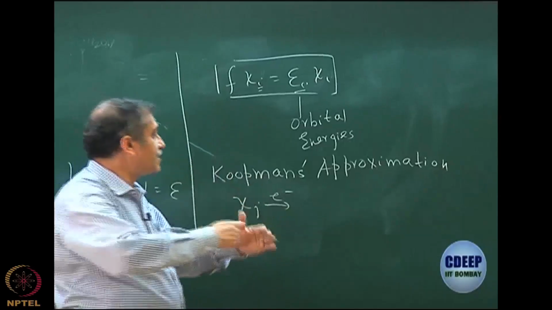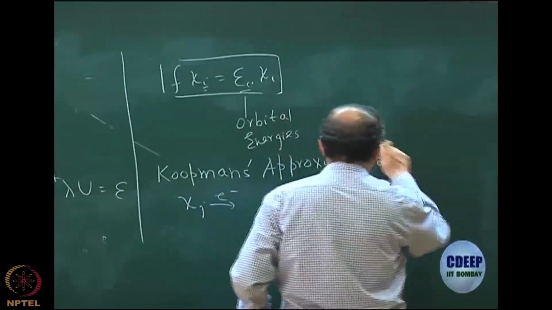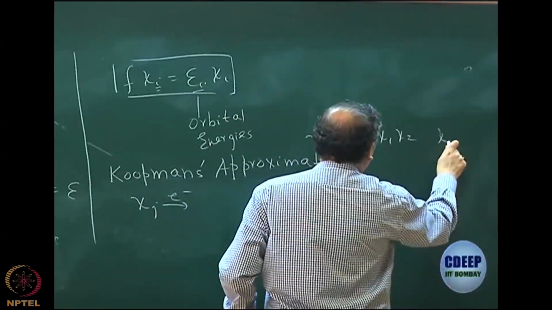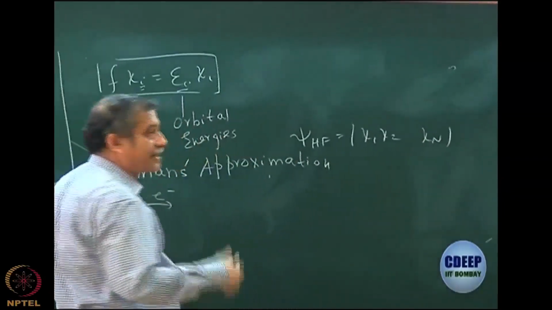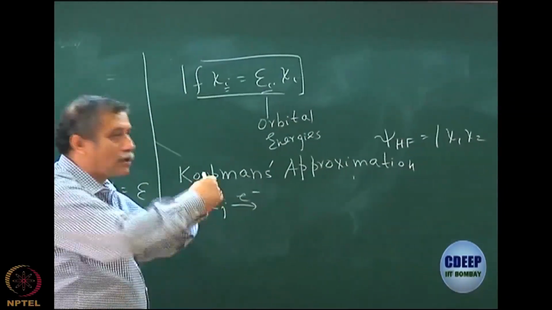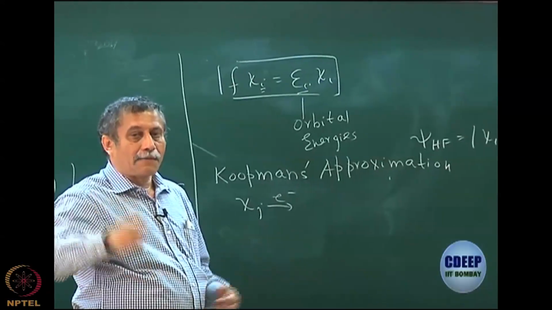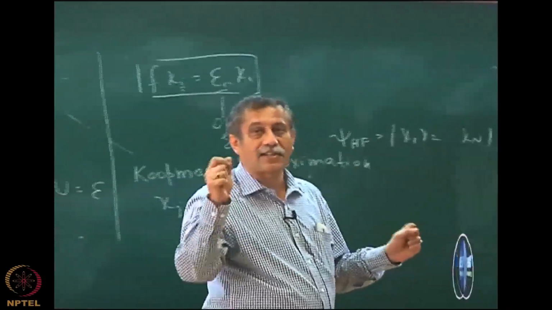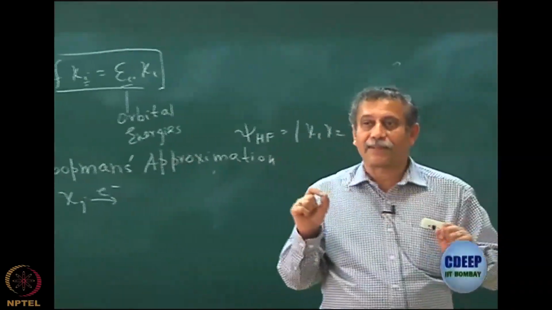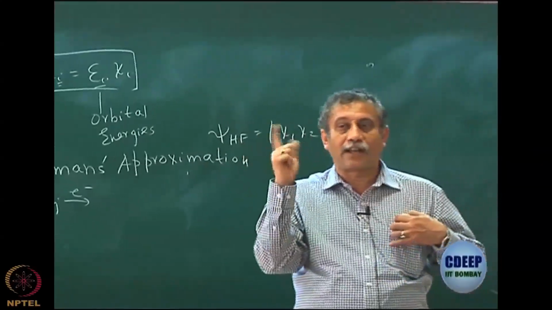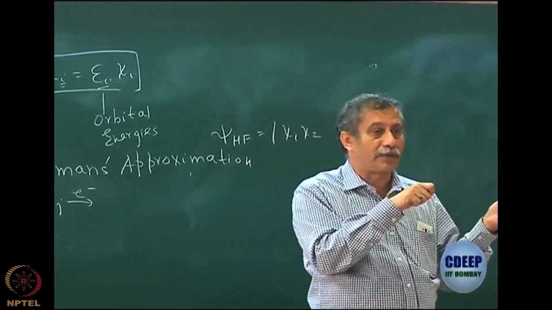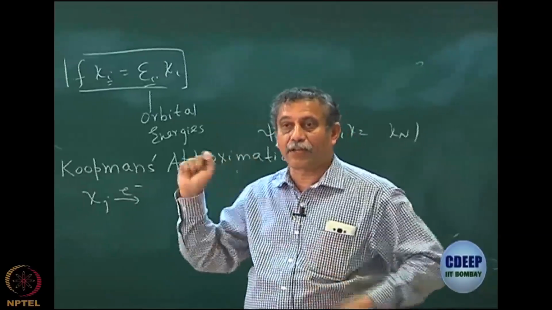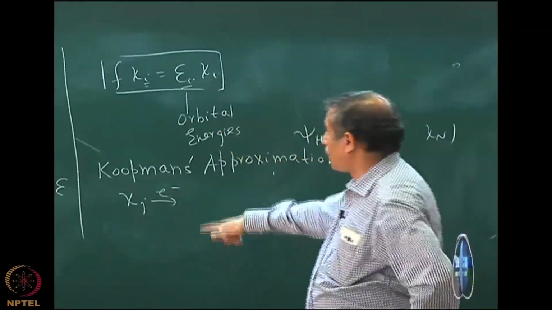So, you imagine that I have now Hartree-Fock which is basically chi 1, chi 2, etc. to chi n. So, one of these spin orbitals chi j, it can be chi 2, chi 3, whatever, chi 1, I have knocked out an electron. Okay. Of course, I do not know which one I have knocked out, but one of the spin orbitals is empty because electrons do not have a number. So, the spin orbital is empty, that is more important. Again I repeat, whenever you talk in Hartree-Fock about electrons, we are actually talking in terms of spin orbitals. So, that is why in all the summations, the coordinates of the electrons are dummy, because they are always integrated. So, I have knocked out an electron from chi j,